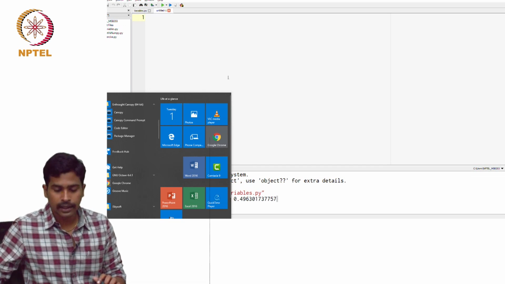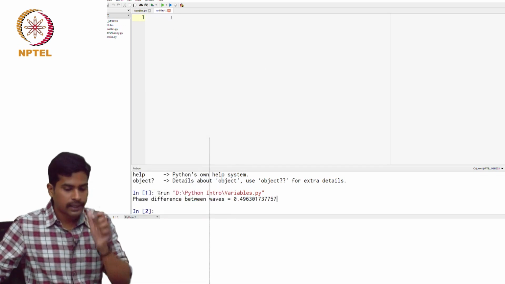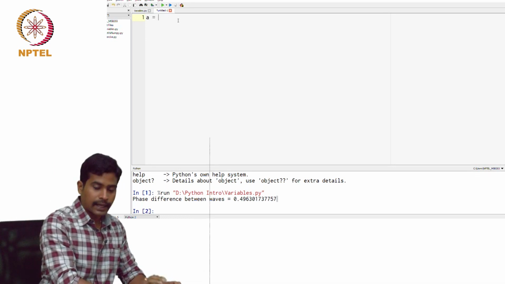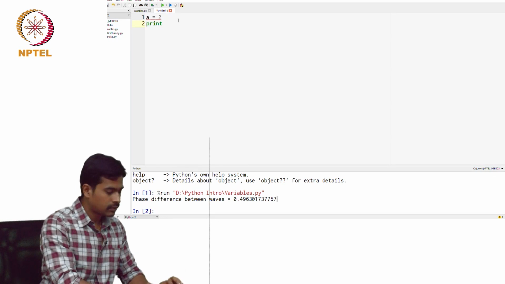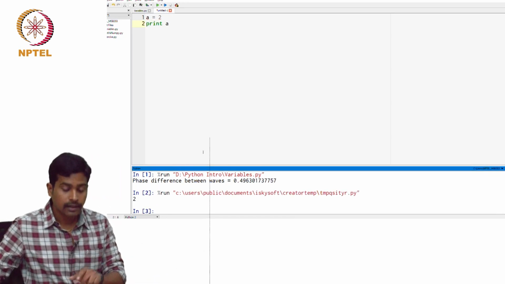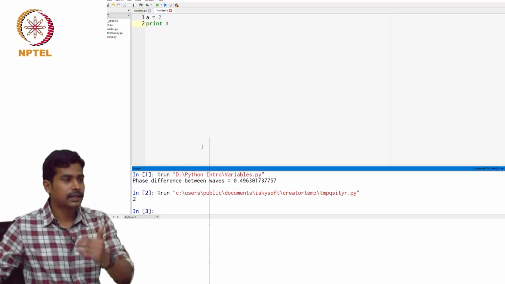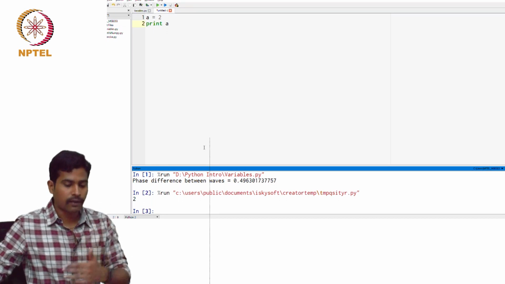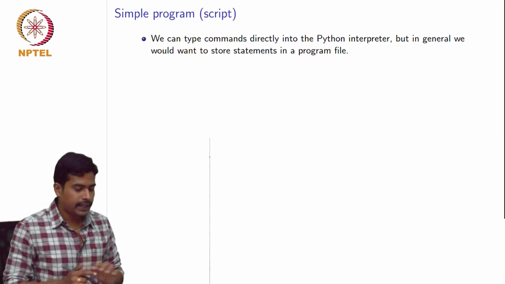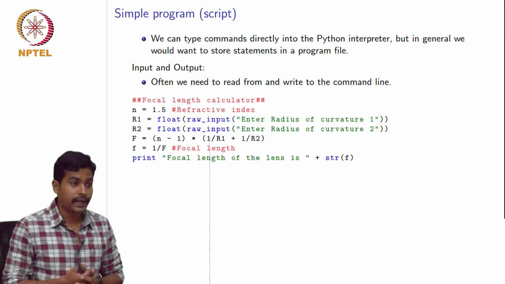When you open it, it will look like this, and here you can start writing your programs. For example, I will write a simple program. When I execute it, all the statements in this file will be executed one after another. Now let us go back and see the simple program that we want to write.